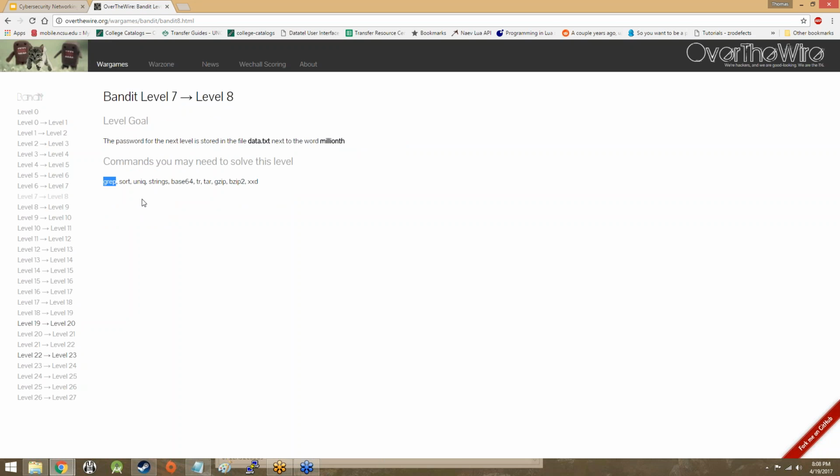We ended up using grep to find the word millionth in the file. It spat out the line that millionth was on, which coincidentally also happens to be the line that the password is on. So we were able to use that password to bring us to level 8. This one was,